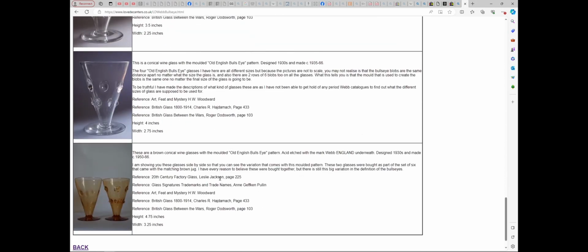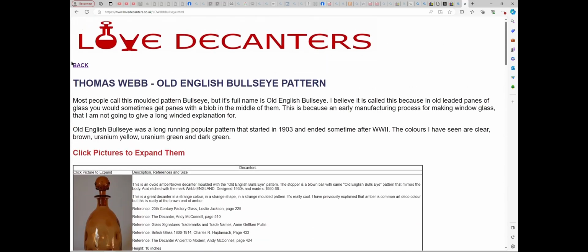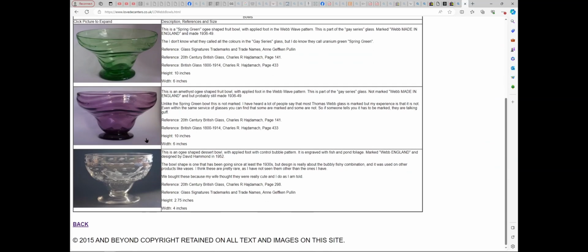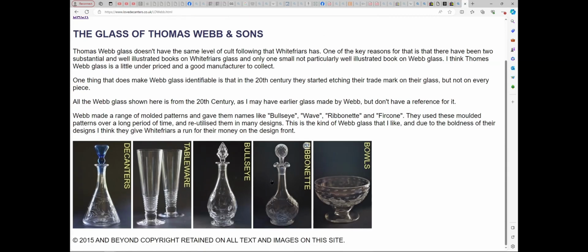So there you go. And it comes in lots of different shapes. So there's bowls, there's ogee shaped bowls. Some of the bowls are shaped like, let me go back, like this. That one wasn't, but a lot of them are. So you'll see bullseye bowls and that. And then let's go and have a look at ribbonette, because I think I actually have that jug,